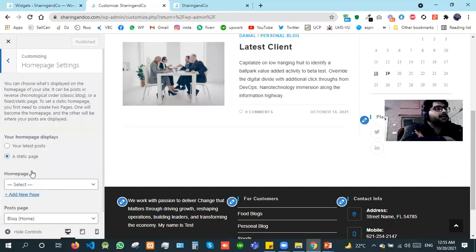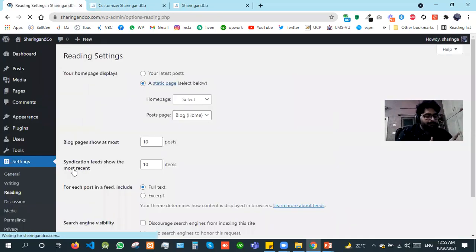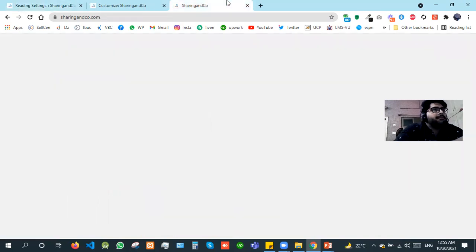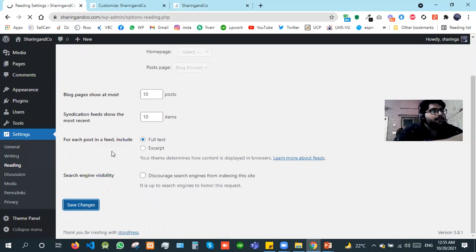And what is the home page setting now? This is the same setting. We can find it here by going to Settings and Reading settings. What are the reading settings? Reading settings are those in which we tell WordPress what our specific home page is, if we want a specific home page. But if we don't want a specific home page, it is our blog website. We can just set it to our latest posts, so that whatever the latest post is becomes my main page. So first of all, if I make the change from here and save changes,